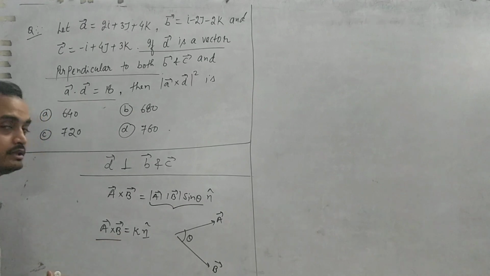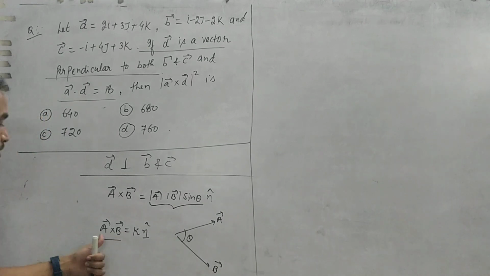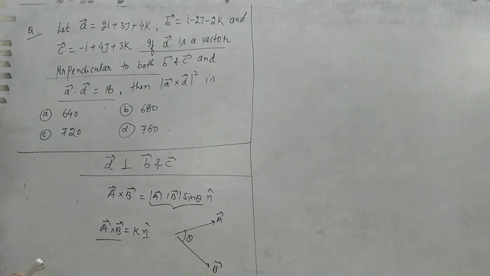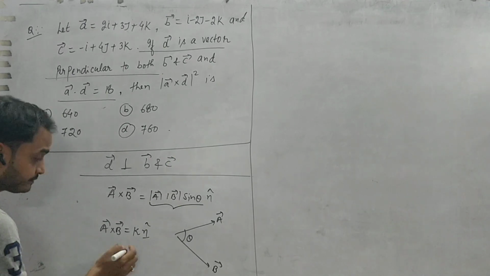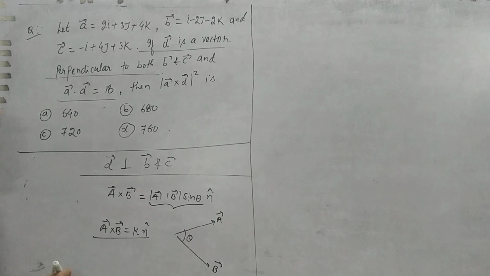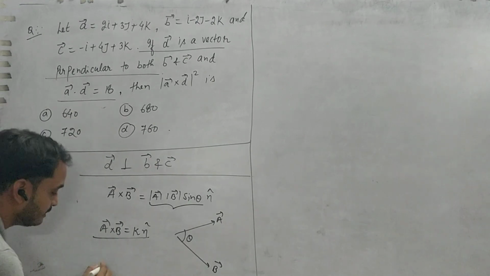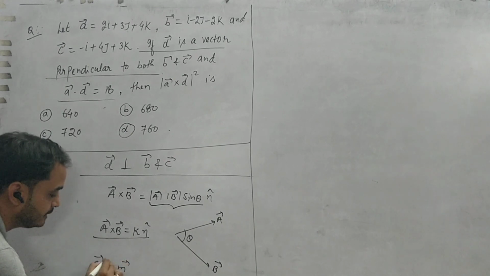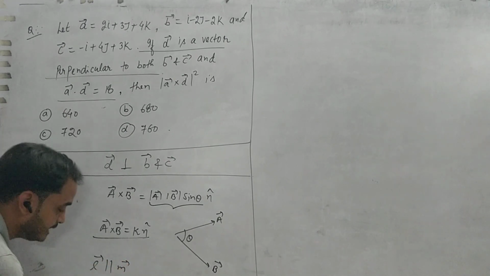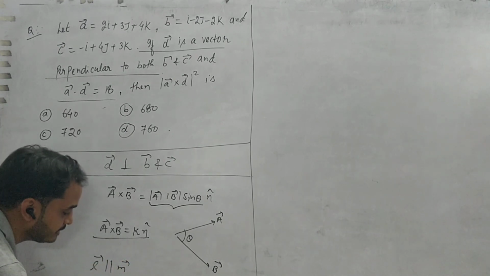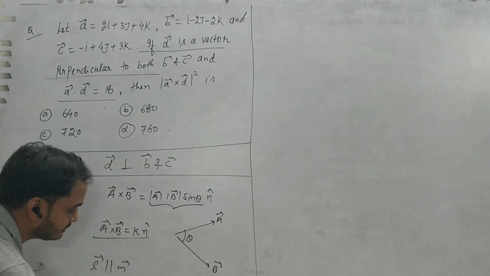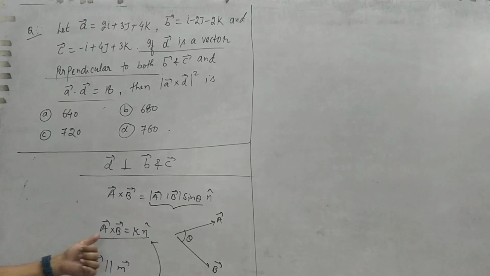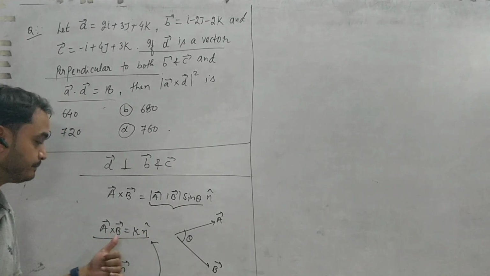That means the cross product of these two vectors is some constant times a third vector, and this is the condition of parallel vectors. Suppose L vector and M vector are parallel, then L vector can be written as lambda times M vector, and this condition is similar to this. So K is the constant and n cap is